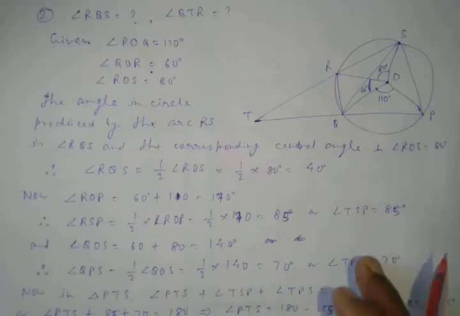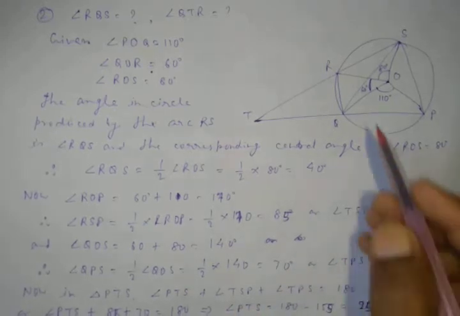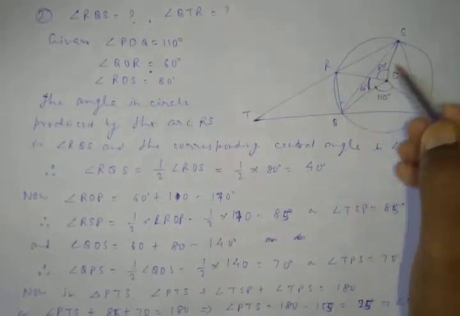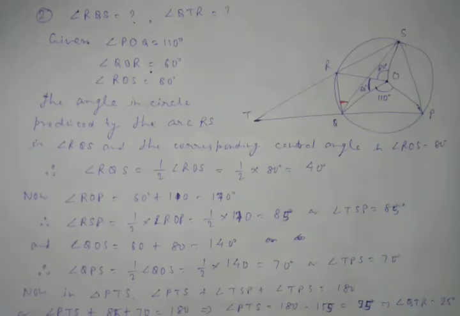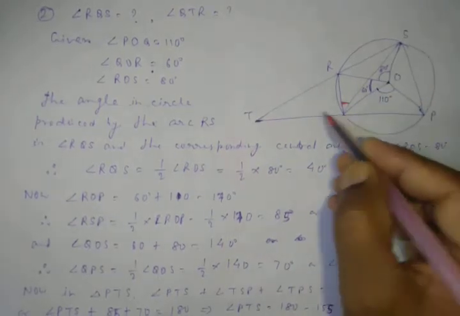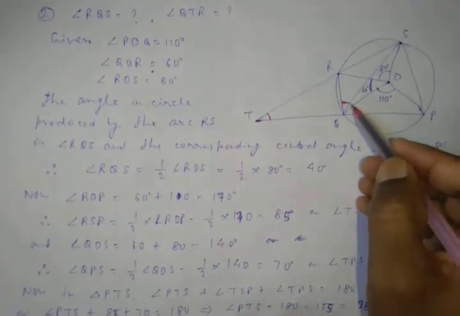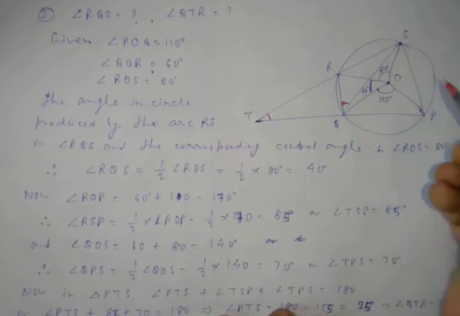Now in this we have to find the value of RQS. We have to find RQS, that is, this angle. And next is QTR, that is, this angle. So first we will find this angle, and this angle is very easy to find because now see that